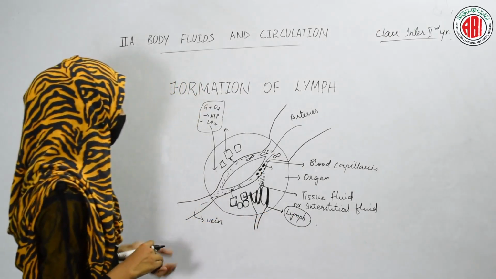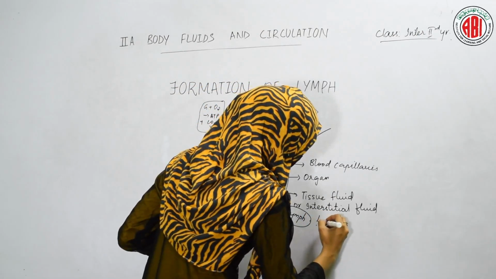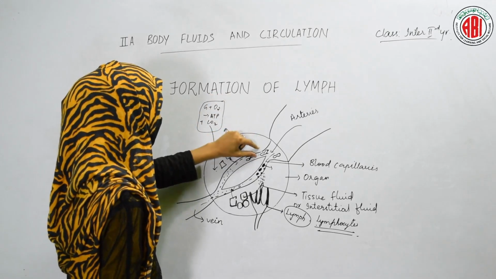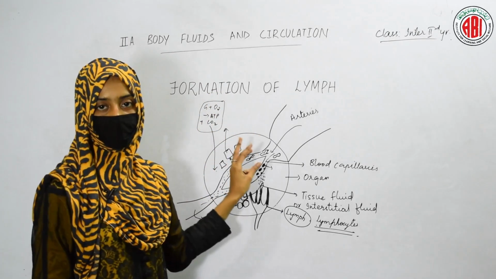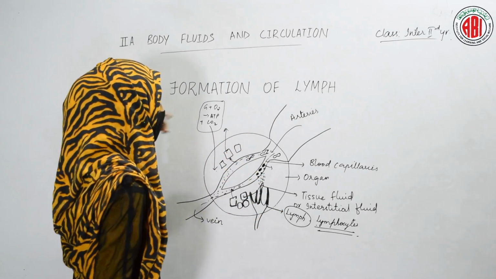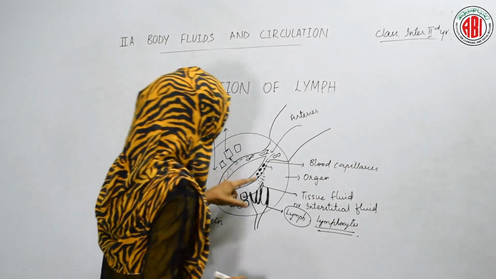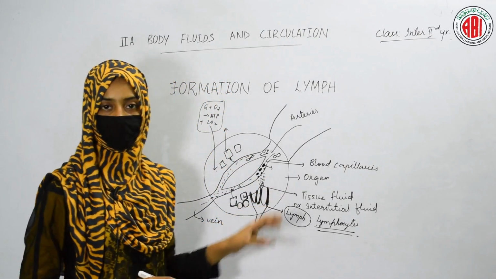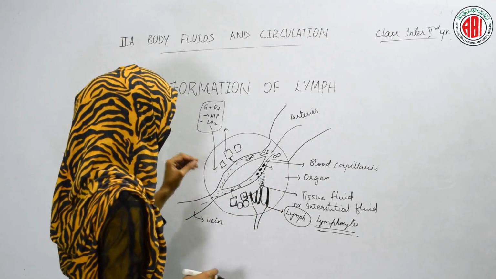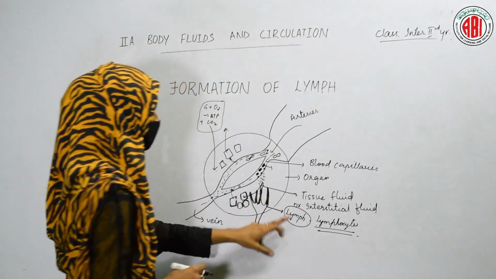So, lymph is a fluid in which white blood cells, especially lymphocytes, are present. Except proteins and red blood cells, all the other things found in our blood can come out. The WBCs coming out of these blood capillaries, that process is called diapedesis. So once diapedesis occurs, the tissue fluid contains lymphocytes and different kinds of white blood cells. That white blood cell containing fluid, once it enters into these thin capillaries, is termed lymph.